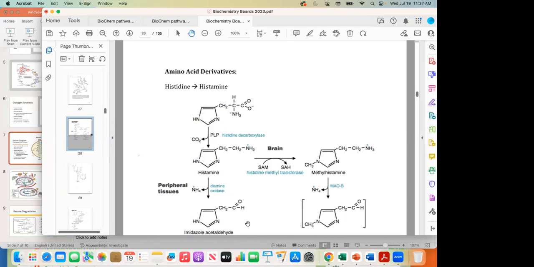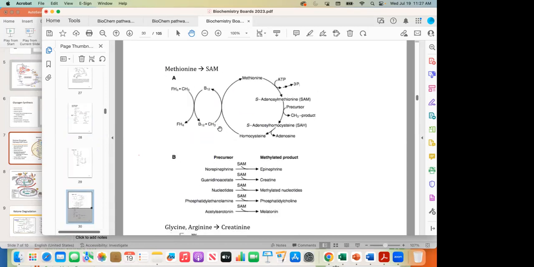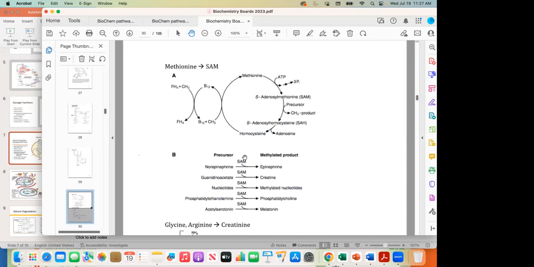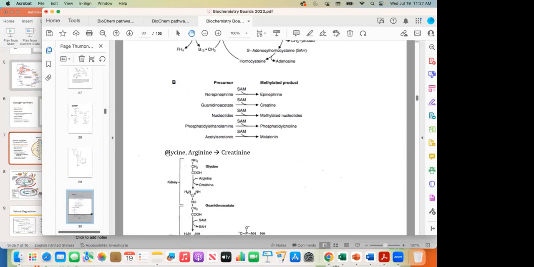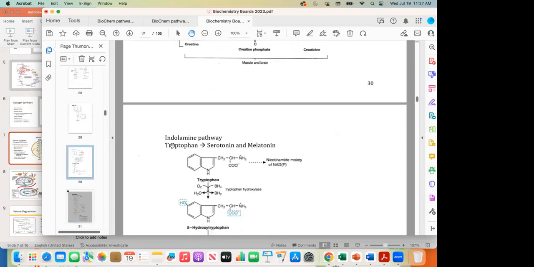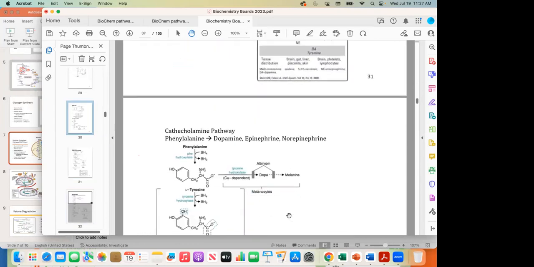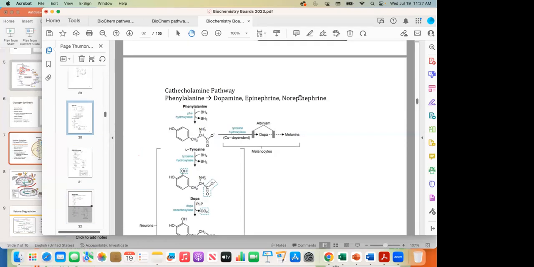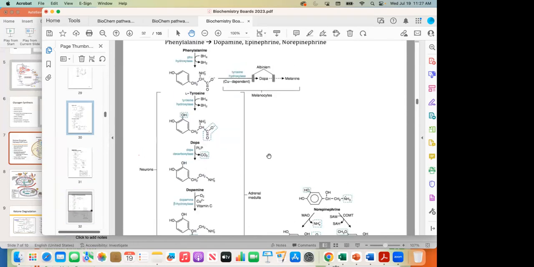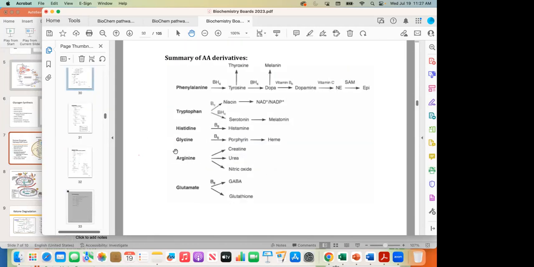I wouldn't worry as much about actually knowing the exact process at this point. Glutamate to GABA, I think that's high yield. Methionine to SAM, that's your S-adenosylmethionine essentially. Those pieces, glycine and arginine to creatinine. I think knowing those pathways, tryptophan to serotonin, melatonin, that association, great. The pathway to get there, probably not high yield for you right now. Phenylalanine, dopamine, epinephrine, norepinephrine, knowing that's your pathway, great, because phenylalanine goes to tyrosine, dopamine. But I don't believe you actually need to know each step.